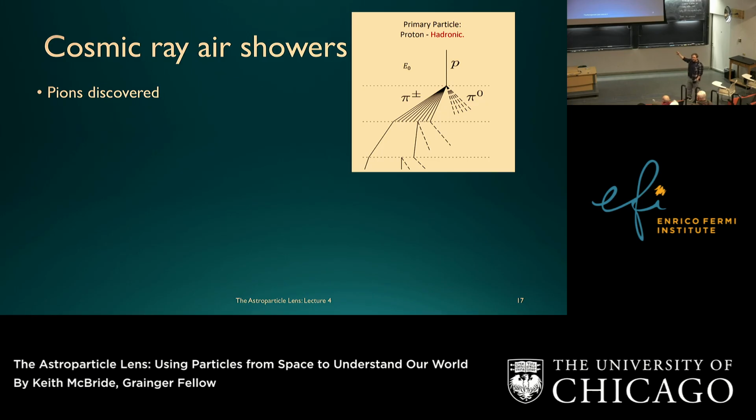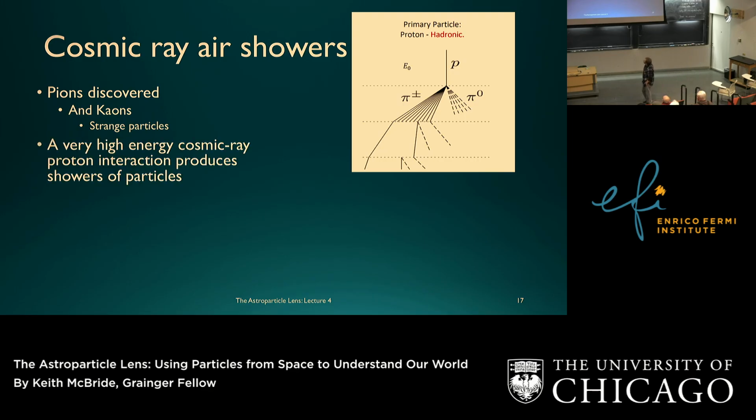So fast forwarding now to these showers exist, these cosmic rays exist with this extreme energy, right? There were a host of particles discovered. There were pions that were discovered, and there were kaons discovered, and these are actually stranger particles. The kaons are strange, but that's a side joke for those of you who know about kaons. We're not going to talk about those in particular, but what I do want to get across to you here